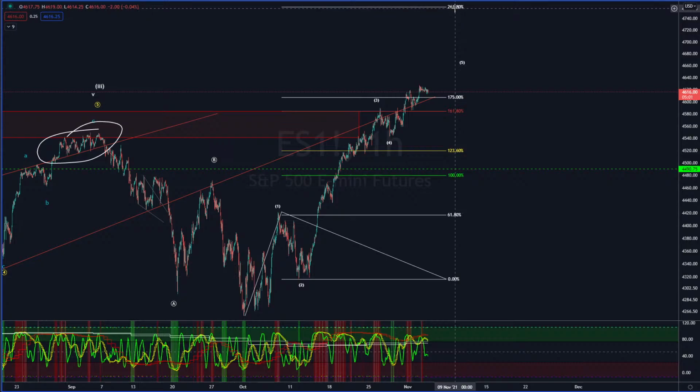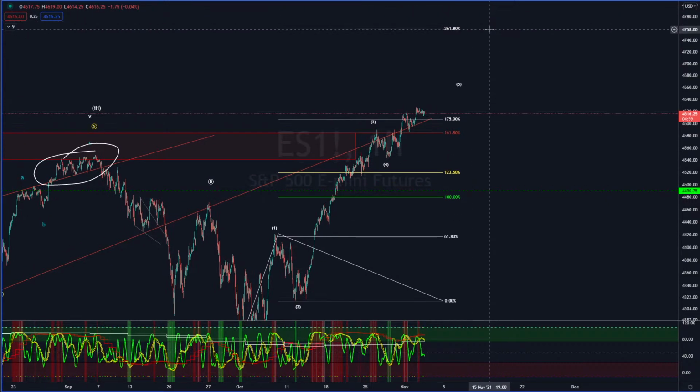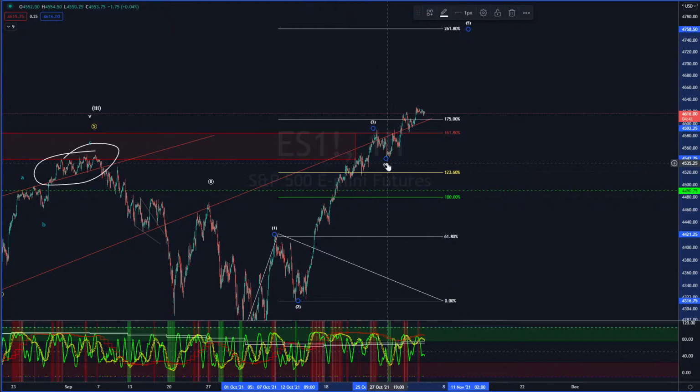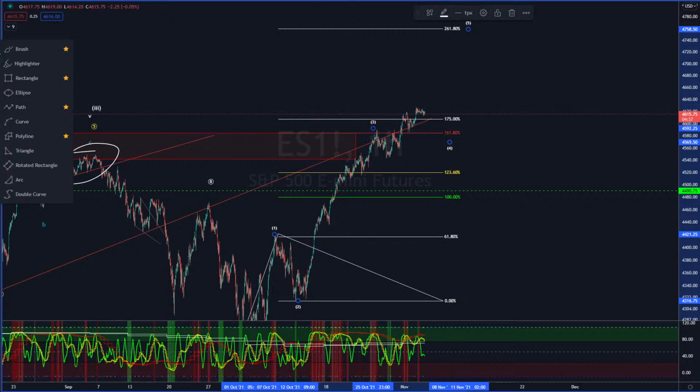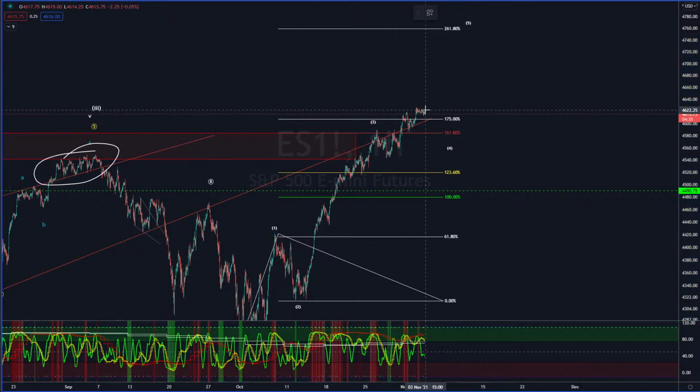Of course, our target is sitting up here at about 47.50 or so. It's only about 130 to 140 points away. So it wouldn't surprise me if we did see a move up to 47.50, 47.60. That's technically the target. If we were going to see that target, I would want to see this wave 4 come out to about right here. And that would look like a nice move down, and then we'd see that move up.